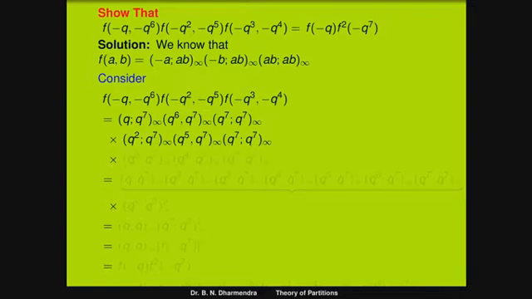Similarly, in terms of the last one, a is equal to minus q cube and b is equal to minus q to the power of 4. So therefore, q to the power of 3 q to the power of 7 infinity, again q to the power of 4 q to the power of 7 infinity, q to the power of 7 q to the power of 7 infinity. We can observe the terms here also. The first term, written in proper order: q to the power of 7 infinity into q square q to the power of 7 infinity into q to the power of 3 q to the power of 7 infinity.